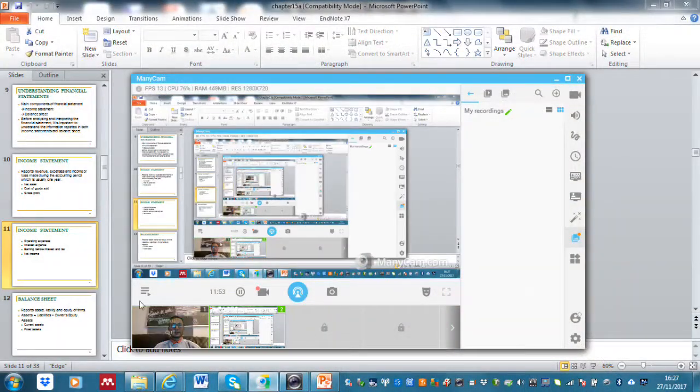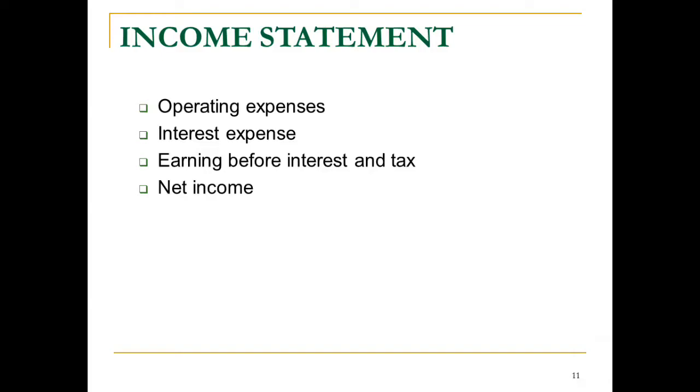After we have sales minus the cost of goods sold, we get the gross profit, which is the profit before we deduct all our expenses. After we get our cost of goods sold, we then have the operating expenses that we need to deduct. We need to deduct the operating expenses and the interest expenses, then we will get earnings